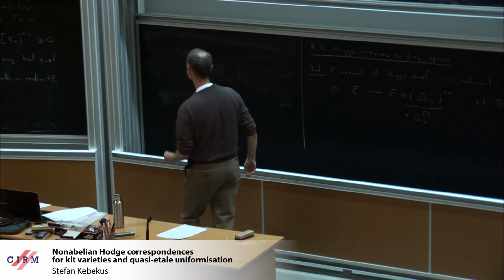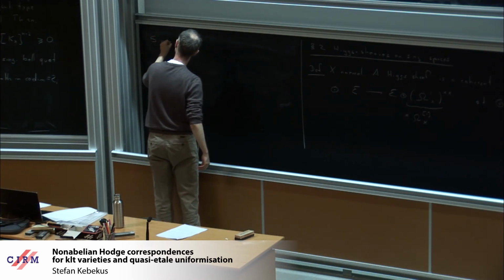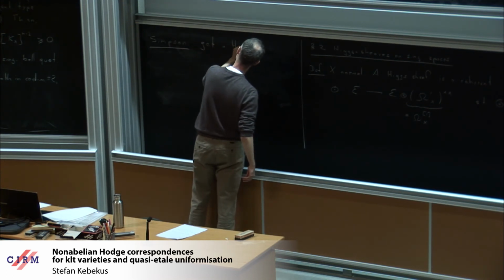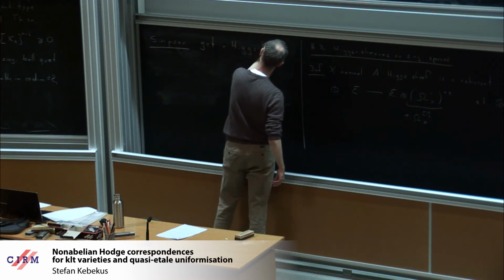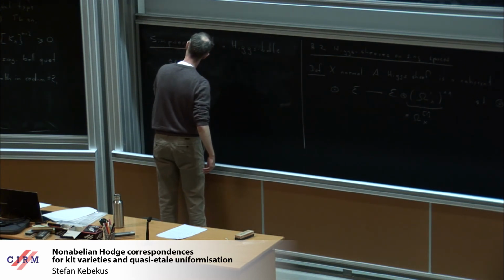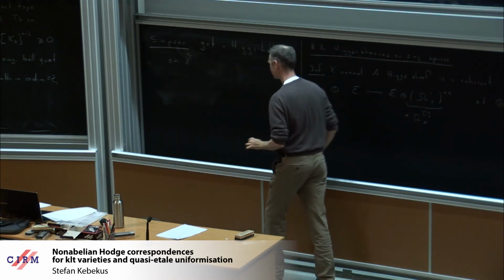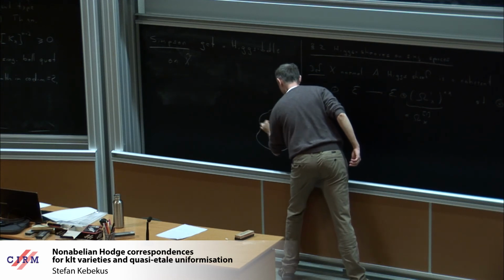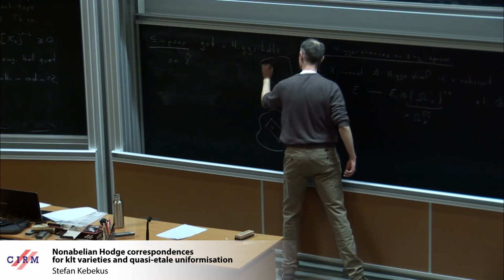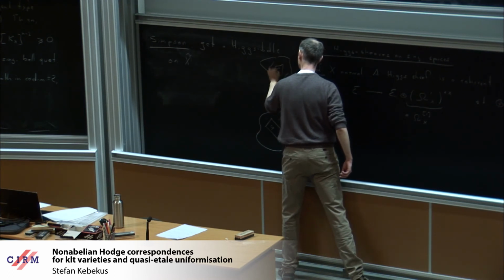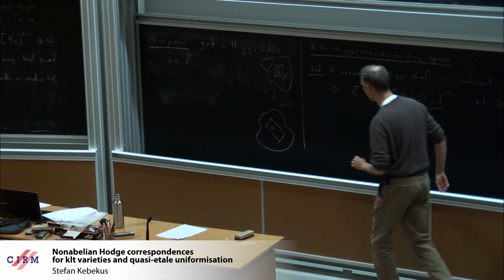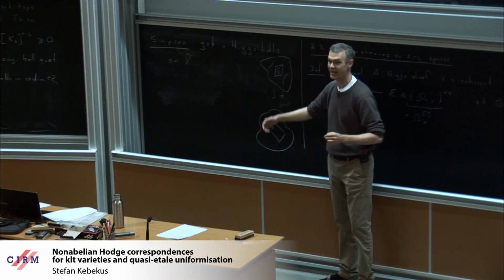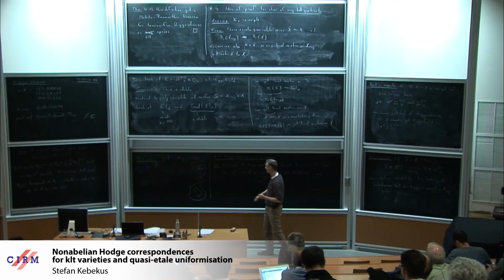So Simpson says I get a Higgs bundle on x twiddle. So I start with my x. Inside my x, I have the surface S. I have a few singularities. I resolve the singularities. Here I have some x hat. And out of the initial data that I have, I constructed a Higgs bundle on x twiddle, which on x twiddle